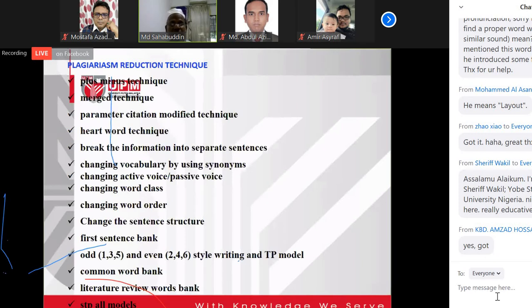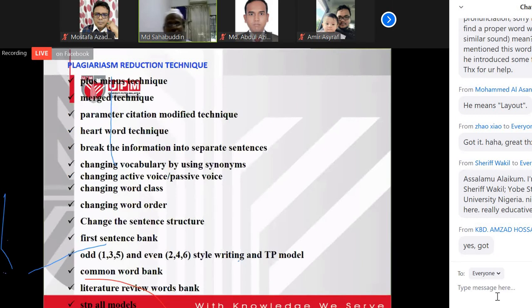For the sentence model, you can use the 6 models, 6 STP. When you write your result part, you can use the different 6 models of STP. Sometimes you follow STP, sometimes TPS, sometimes PTS. So 6 different models you can use to write your result part for the parameter part. So it can also be helpful for your plagiarism.